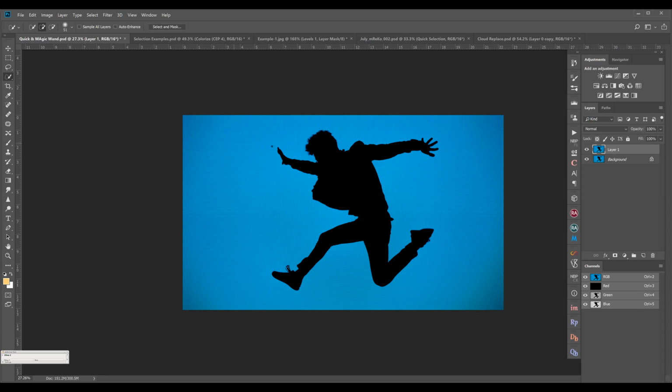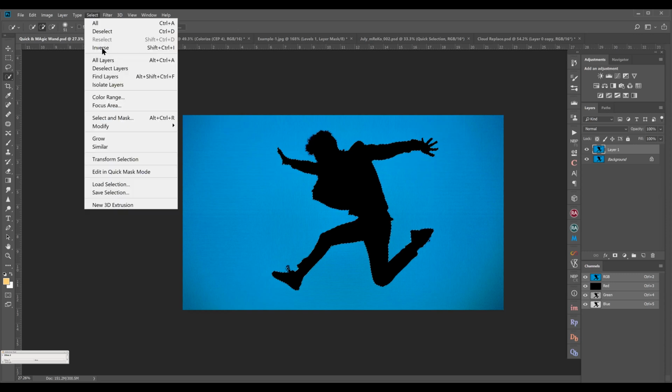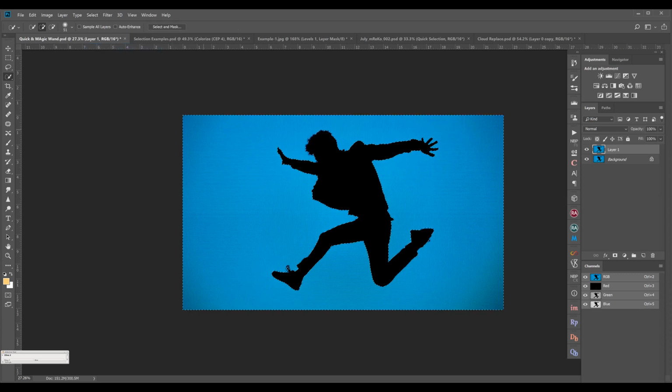In that case, with the quick selection tool, I will just select the subject. Now I want to modify the background. Since I have selected the subject and the selection of the subject is easier for me, I will go to Select and click Inverse. So whatever is outside the subject will get selected. So this is one method. This is how you incorporate the tools into your workflow and speed it up.